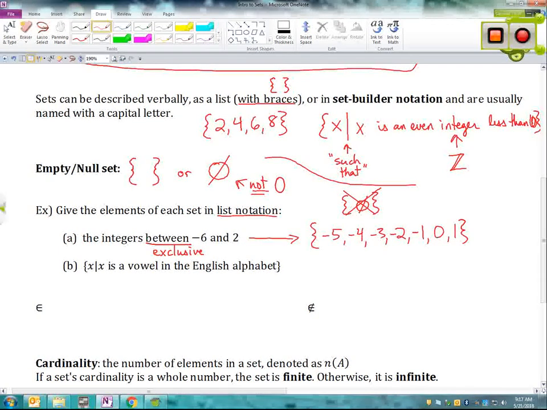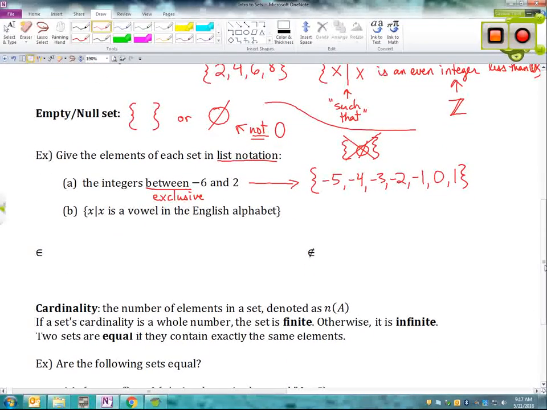That's not necessary. Like I said, the order does not matter when we have a list of elements in a set, but usually just for organization purposes, it's nice to have a set that's listed in order so we can make sure that we get everything, especially if we had 12 different entries in a list. It might be harder to keep track of whether or not we included all of the necessary ones if they weren't in order, okay? All right, and then for part B here, we have the set of X such that X is a vowel in the English alphabet, okay? So here we're listing a set of vowels, which are going to be A, E, I, O, and U.